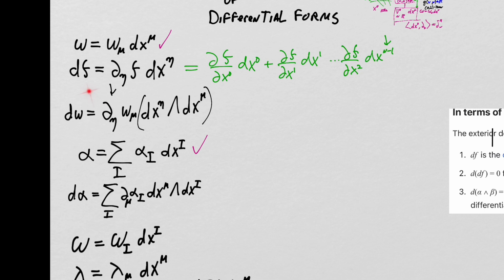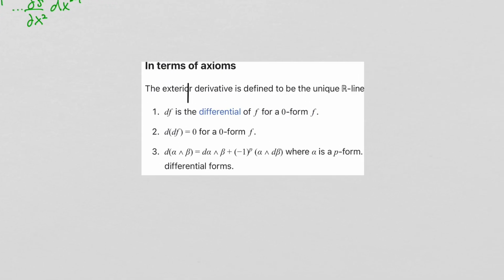So the way it's presented here is basically as a rule, right? The exterior derivative of a one form, you execute this sum. But I guess it is worth reviewing where this sum comes from. What I've done over here is I've pulled from the Wikipedia page